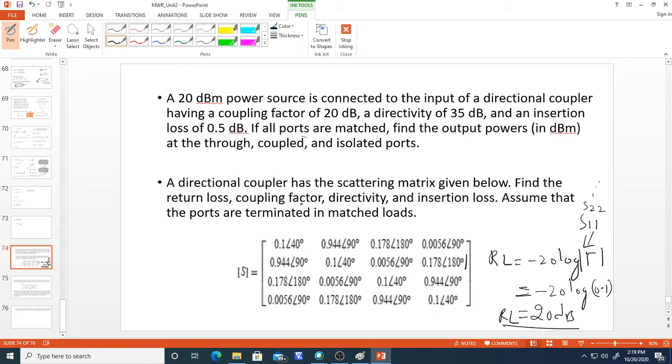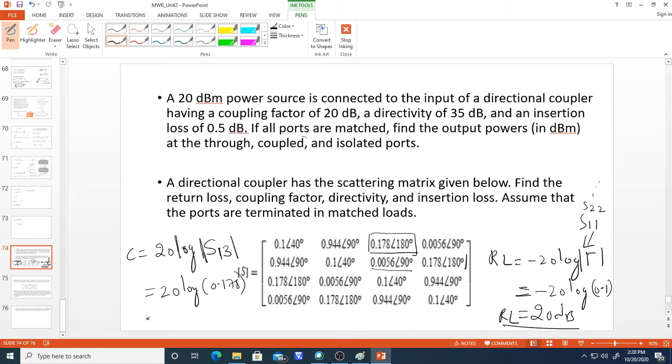Now, how do we find the coupling factor? What is the coupling factor equation? It is 20 log of, in the S matrix, the corresponding S parameter, which is S13, because you are calculating P1 by P3. So this one is S13, and this is S23, so you take S13 and calculate the value, which is 20 log of